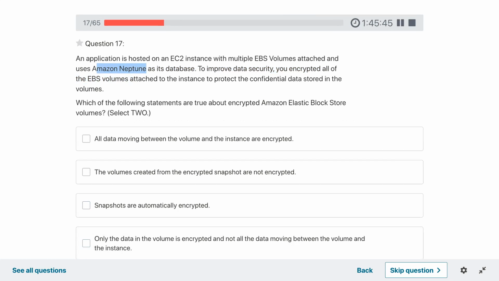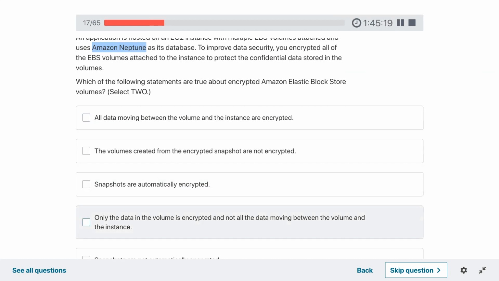An application is hosted on EC2 instance with multiple EBS volumes attached and uses Neptune. To improve data security, you encrypted all of the EBS volumes attached to the instance to protect the confidential data stored in the volumes. Which of the following statements are true about encrypted EBS volumes?